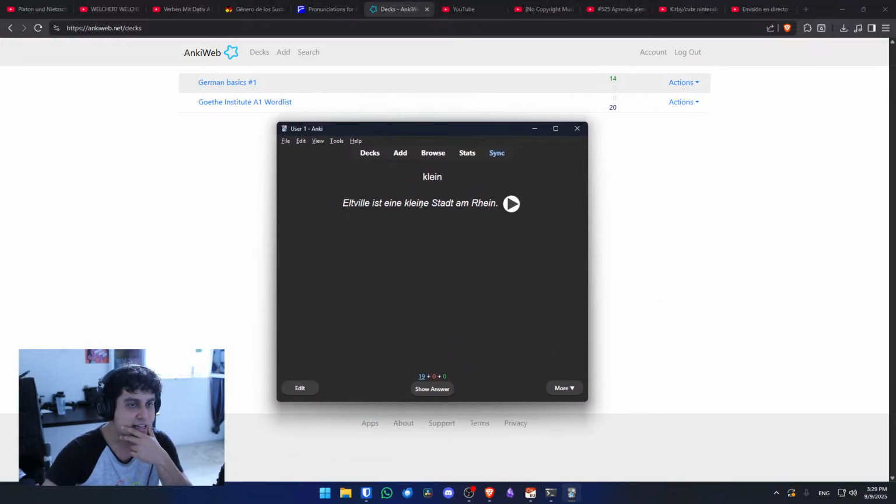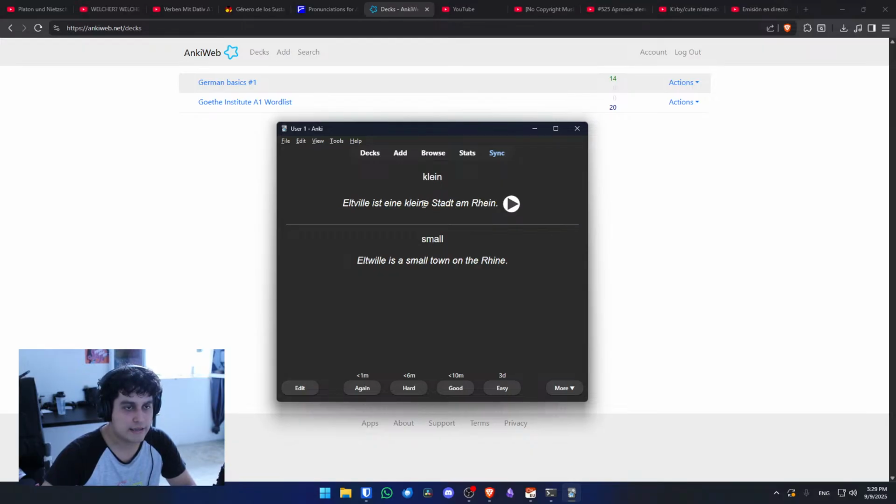Eine kleine Stadt am Rhein. It's a small town on the Rhine. In this case, it means town. Stadt, kleine Stadt.